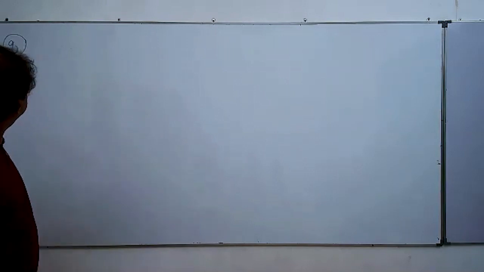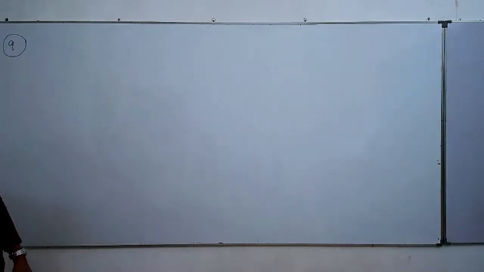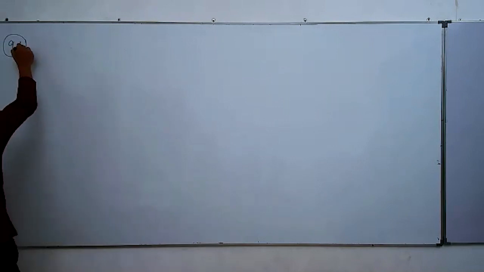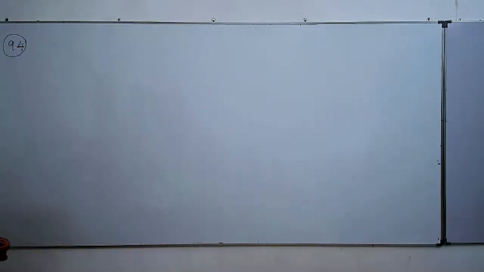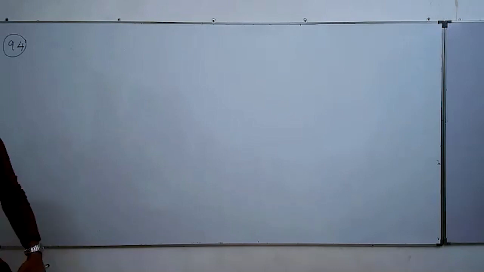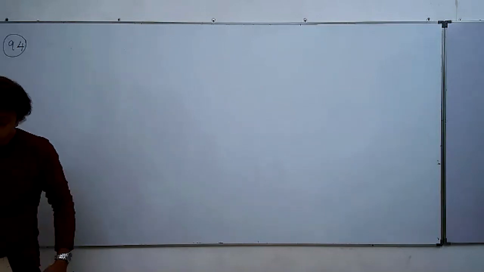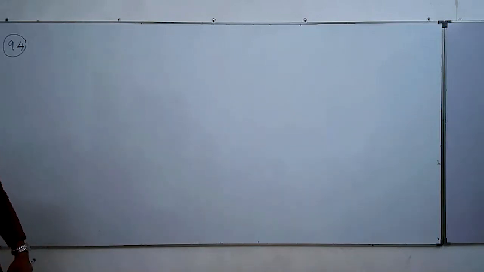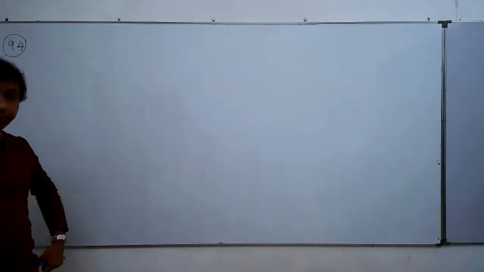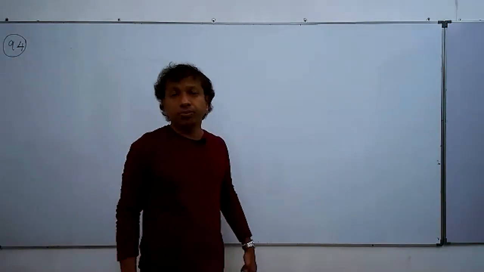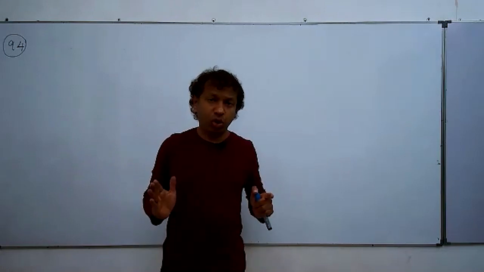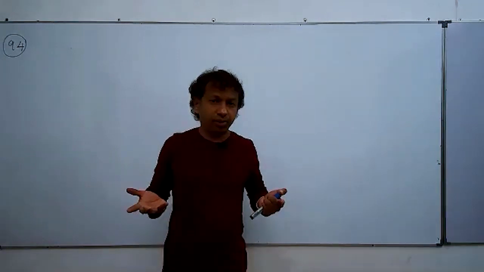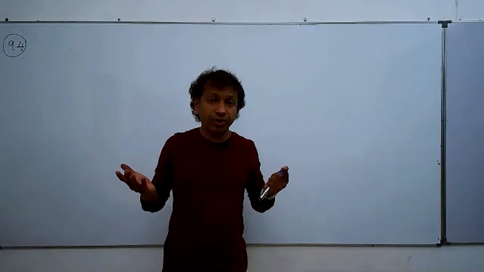Question 94 says something like this. An open box with a square base is to be made out of a given quantity of sheet of area k squared. Show that the maximum volume of the box is this. Very practical question, people. A box is to be formed using a given area of a metal sheet,